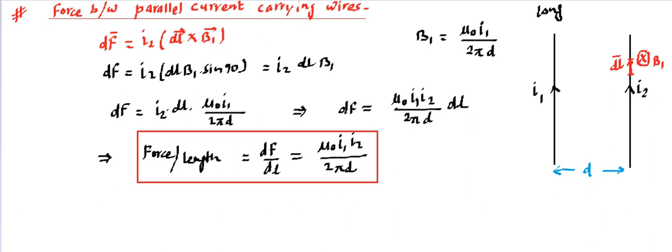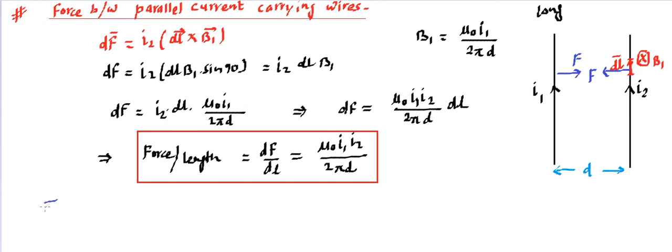Now let's talk about the direction. If this was B and that was dl, so dl cross B, if you do, then you'll find it's going to be acting in this direction, so that's going to be the force. So the force will be acting in this direction, that means the first wire will be attracting the second wire, and we know Newton's third law is going to act, so the second wire will also attract the first wire. That means the force is going to be attractive if the currents are moving in the same direction. But if we change the direction of current I2 or I1, that means make one opposite, then you will find this is going to be repulsion.